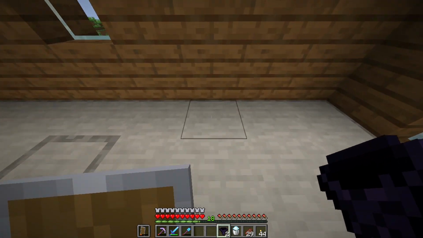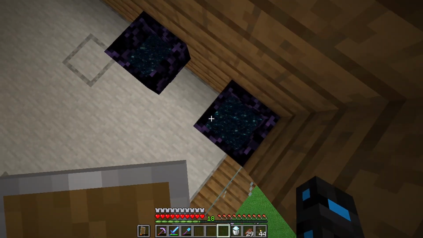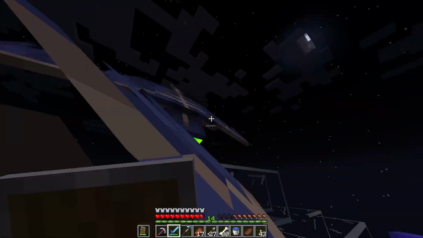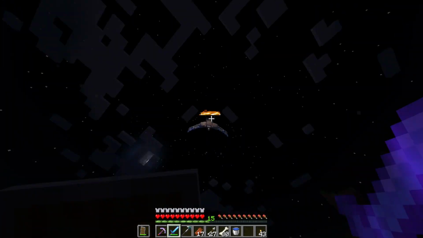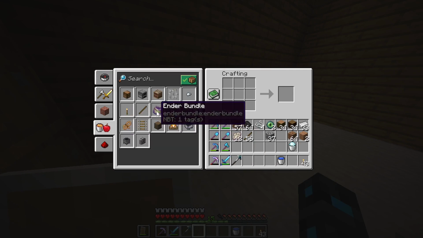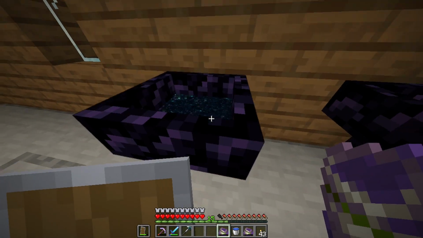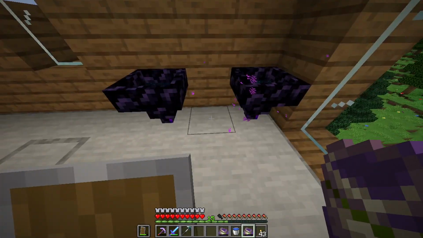Anyway, so the way these work, you basically just place them down, and you see their inventory, and you take the thing that I don't have yet, so I think we should get that. And now I have all the materials needed for 2 ender bundles, not just 1. Look at this. So to link them, you basically just do that, I think. If you open them,